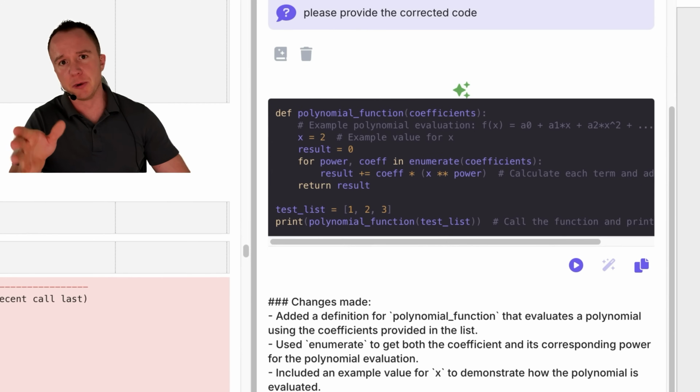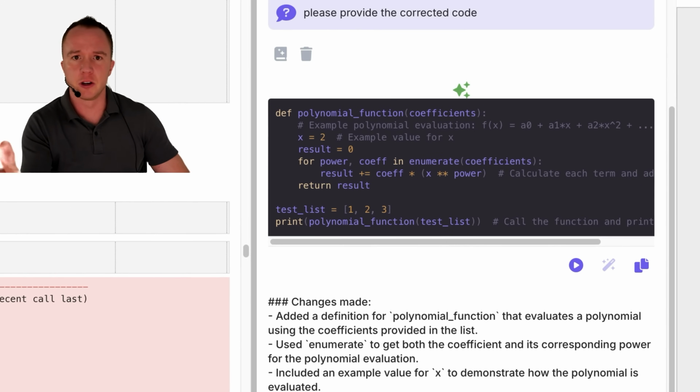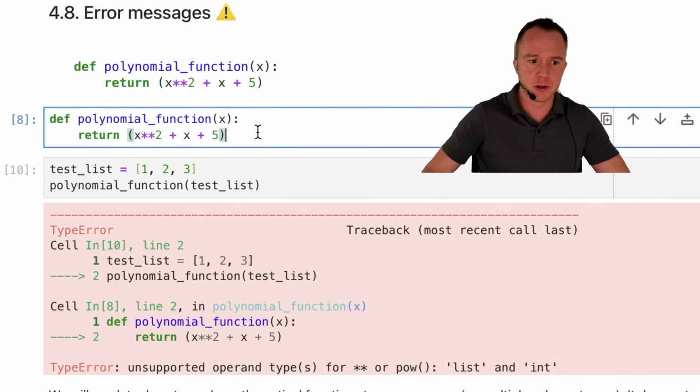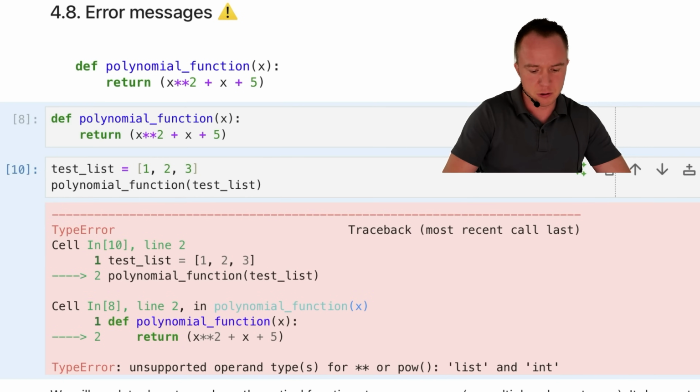Here is where you need to be a bit careful with these AI tools. So it gives you some code and this will work. However, it redefined a polynomial function to be something else than what it was before, because it did not read the polynomial function before. If we wanted a better message, we can merge these 2 cells now